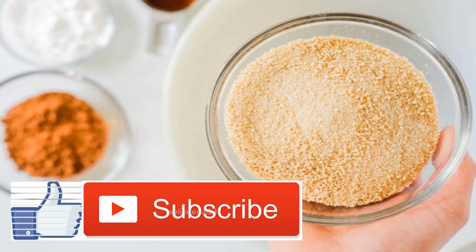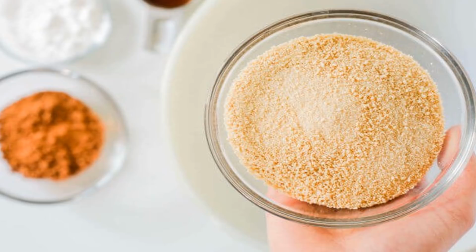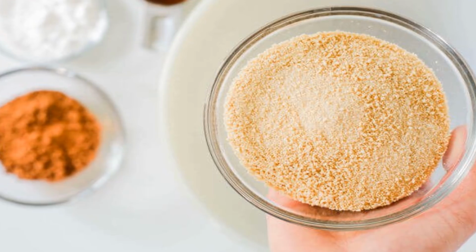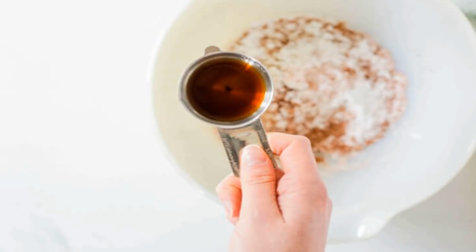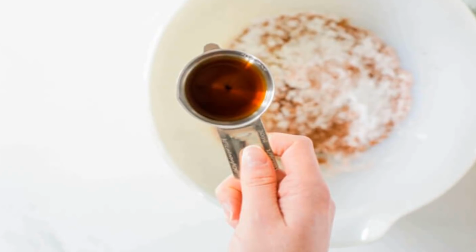Paleo brownies nutritional info. This recipe makes 12 servings of brownies. One paleo brownie from this recipe using a half cup of maple sugar contains approximately 149 calories, 9.6 grams fat, 12.9 milligrams sodium, 17 grams carbs, 0.5 grams fiber, 9 grams sugar, 1.1 grams protein, 0.41 milligrams manganese, 20.3% DV,